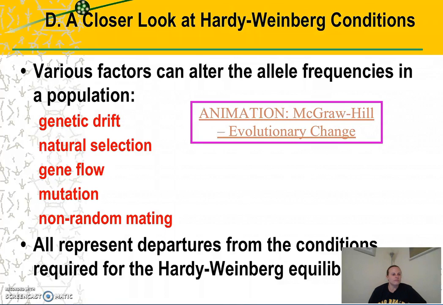The Hardy-Weinberg theorem explains the 5 conditions that must be met for evolution not to occur. But when these following factors occur, then allele frequency changes within a population and therefore evolution has occurred. So first of all, genetic drift. Genetic drift is when there are changes in the gene pool due to chance fluctuations in small populations. So the small population drifts away genetically from the larger population. And there are 2 situations in which genetic drift can happen, the founder effect and the bottleneck effect.